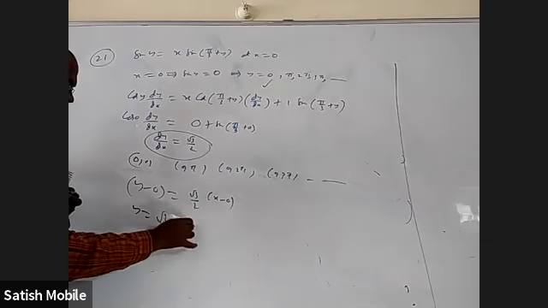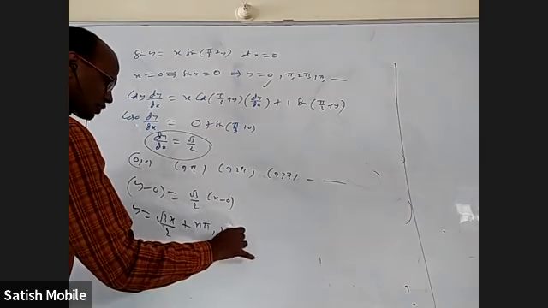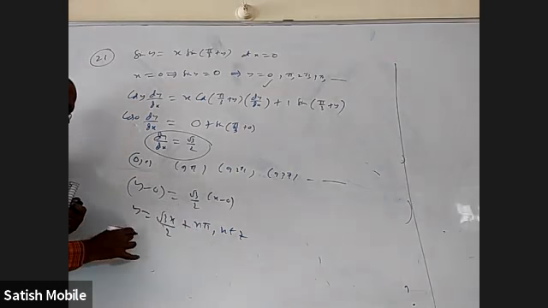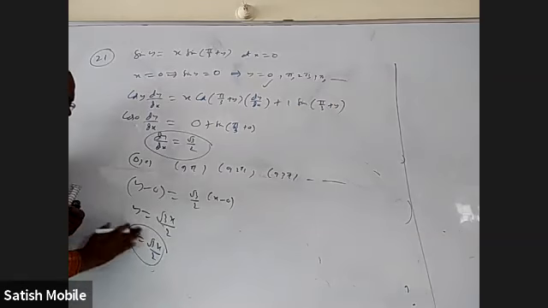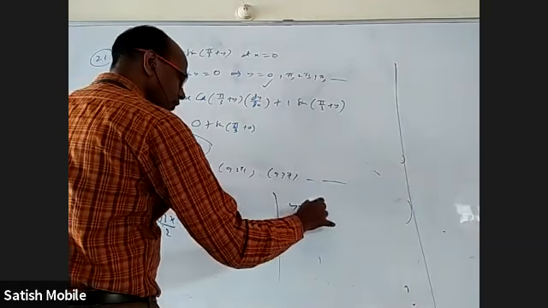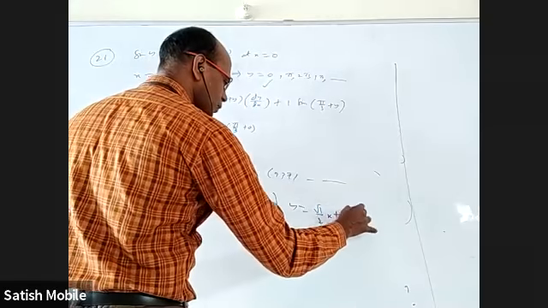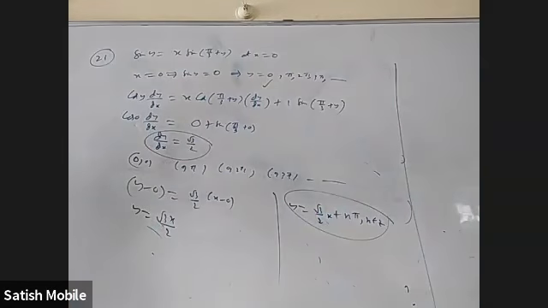If somebody wants in general, what is the answer? You can write n pi where n belongs to Z. You can take n equal to 0, 1, 2, 3, all are answers. But right now we take n equal to 0, you'll get y equal to root 3x by 2. So this is the solution after taking (0, 0), but in general, y equal to root 3 by 2 x plus n pi, n belongs to Z, is always a solution.